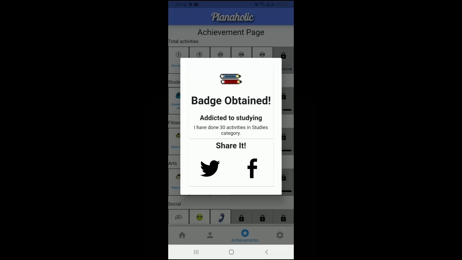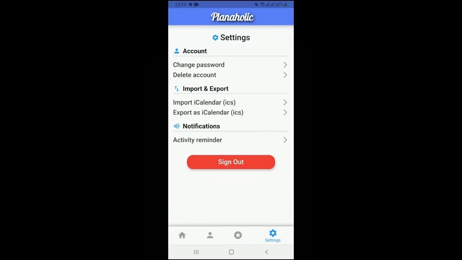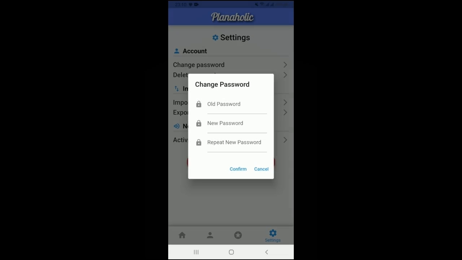Last but not least, we have our settings page. This page contains the various setting options we have provided for the users. First, a user can change the password here. Upon clicking the option, the user would be prompted with a dialog to type in their current password, as well as confirm their new password. The user would be notified via a snack bar if successful. Otherwise, an alert dialog would inform the user that they could have entered the wrong password.